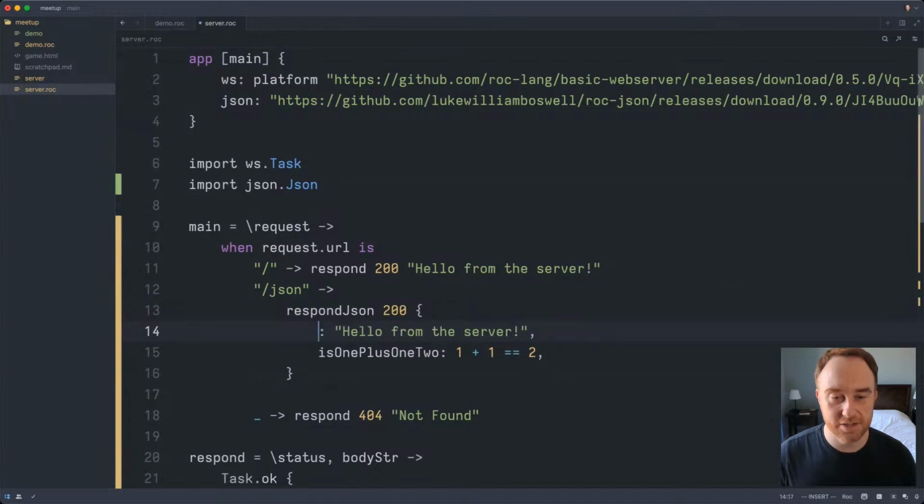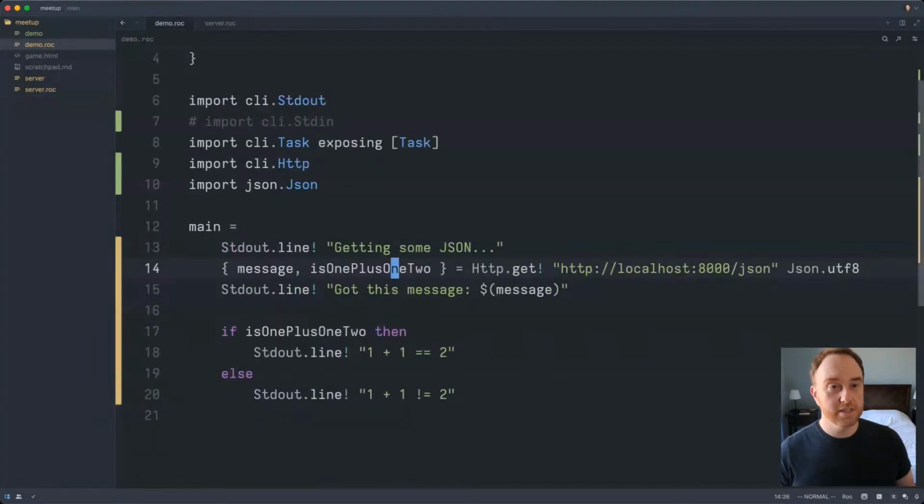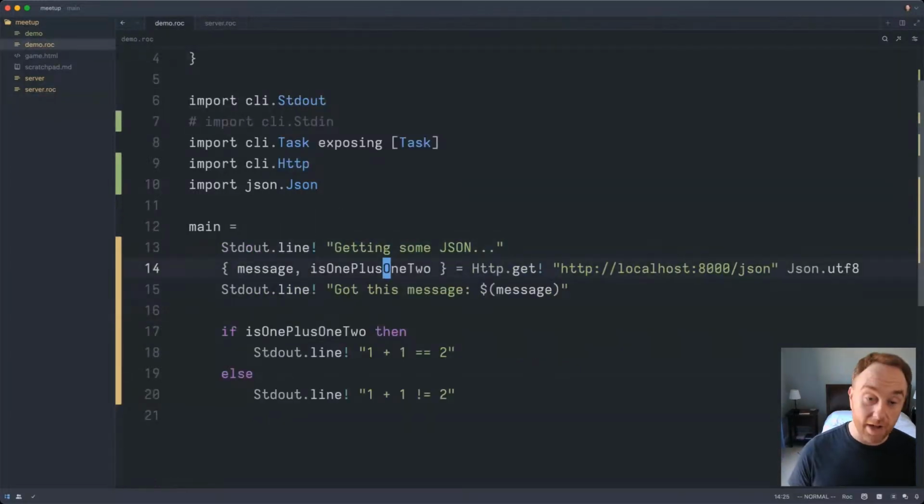Or instead of message, it says, I don't know, MSG or something like that. This code is completely separate from this code. It has no idea that that happened. Like, what's going to happen? And usually what happens in dynamic languages and also in gradually typed languages like TypeScript, for example, what's going to